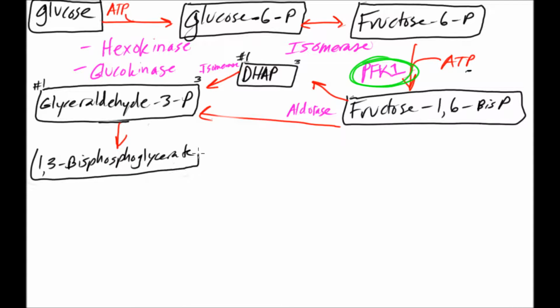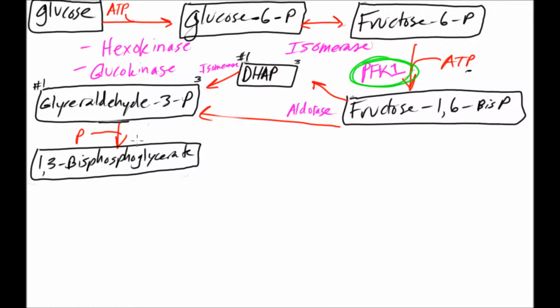Now, where did we get this extra phosphate group? Well, this extra phosphate group is going to be used from a free phosphate. We're not actually going to invest ATP this time. We're just going to grab a phosphate molecule that's lying around and thus create a glyceraldehyde 3-phosphate, now with 2 phosphate groups attached to it, so it's called a